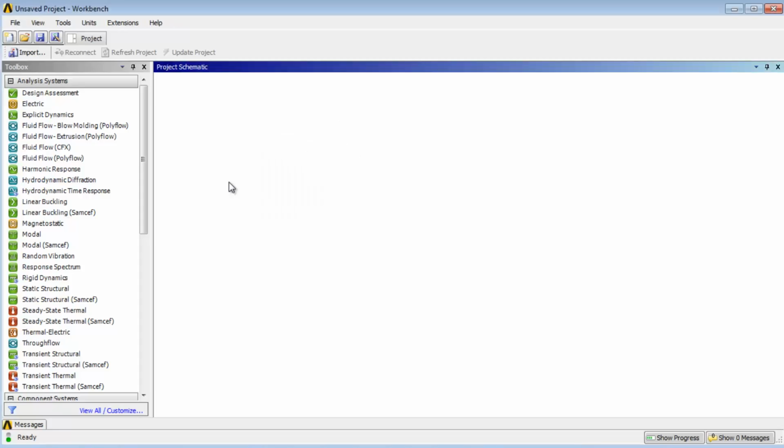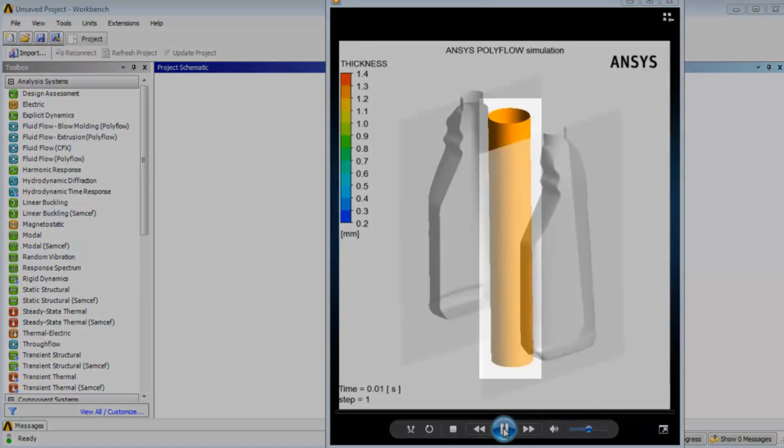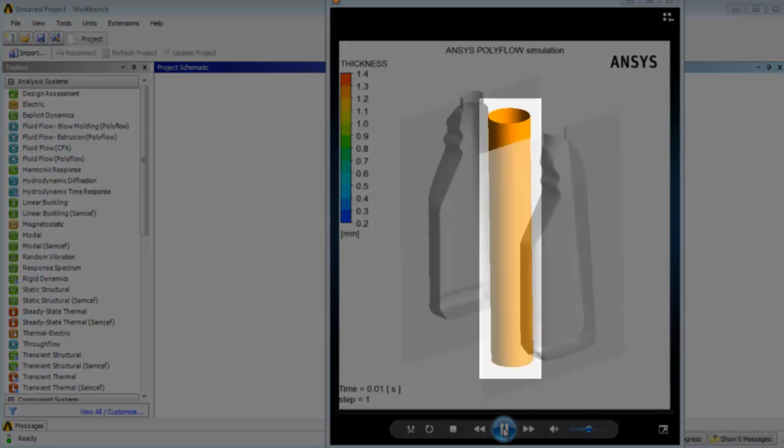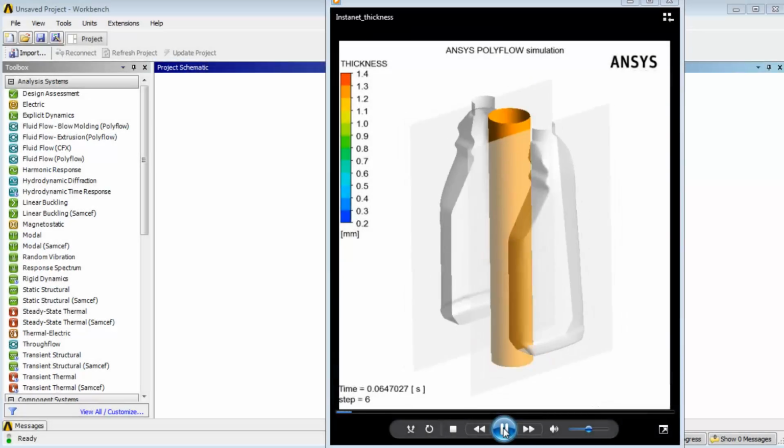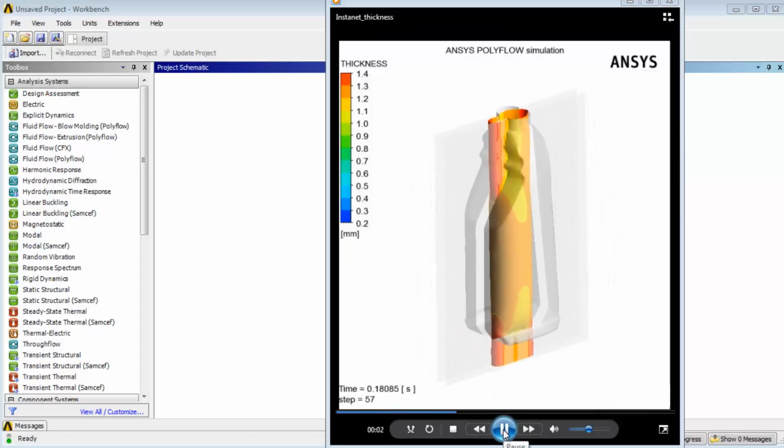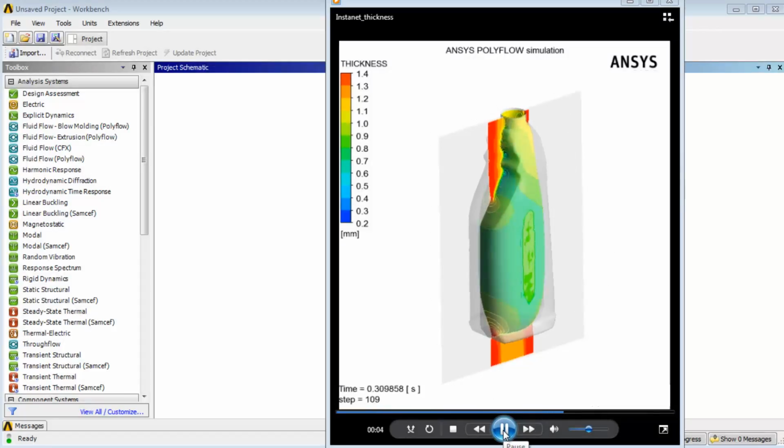This video will demonstrate how to set up a Polyflow blow molding simulation using a shell mesh. The end results of such a simulation are shown in this animation. As you can see, the shell mesh will start off as a cylindrical parison and will then be pinched off by a moving mold and inflated so that it takes the shape of a bottle that could be used to